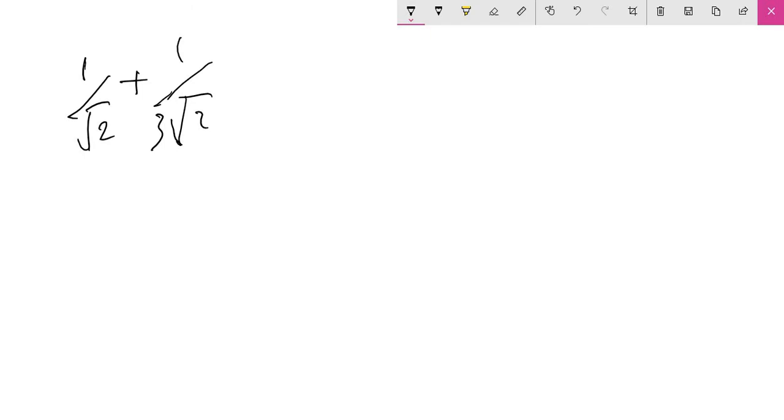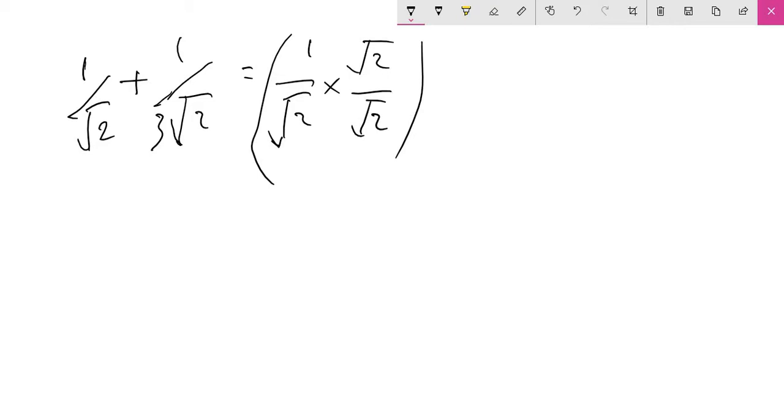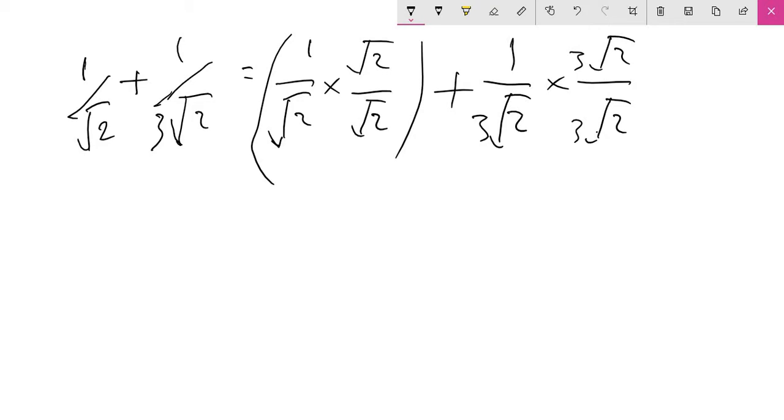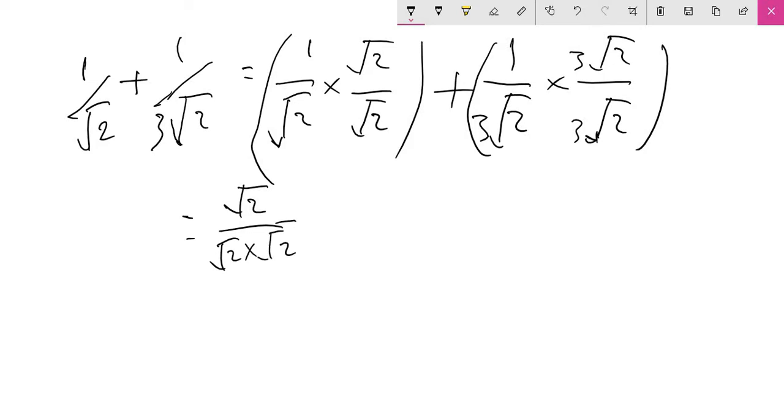So again, we rationalize each of these fractions. This gives 1 over root 2, rationalizing this times root 2 over root 2. So that is this, plus the other fraction times 3 root 2 over 3 root 2. And so doing this, we get root 2 divided by root 2 times root 2 plus 1 times 3 root 2 gives 3 root 2 divided by, now when multiplying these, watch out,